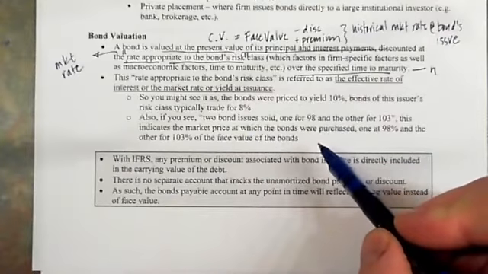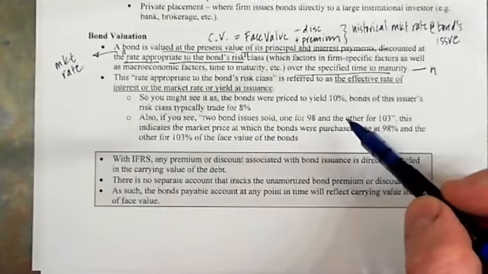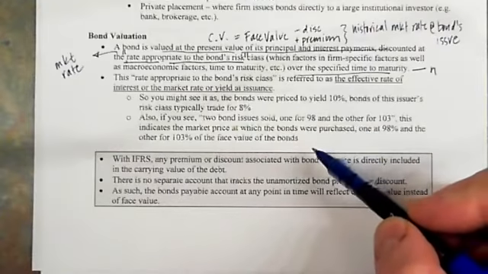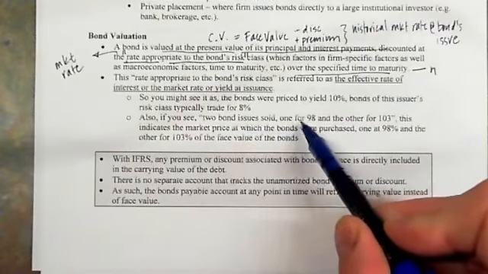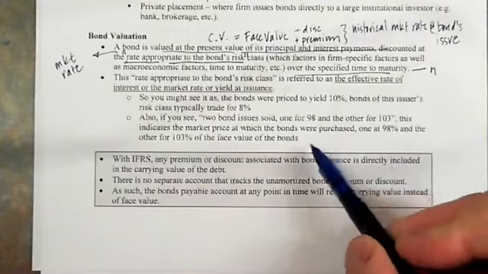Another form you might see is, rather than stating the market rate, they might tell you what the bond sold at. So if you see two bonds sold, one for 98 and the other for 103, what that would indicate is a market